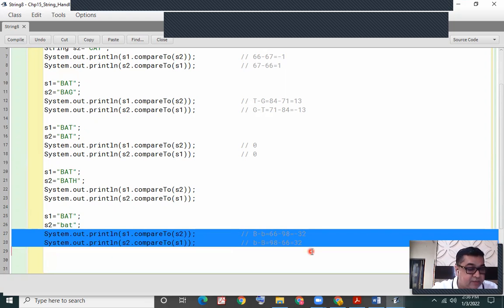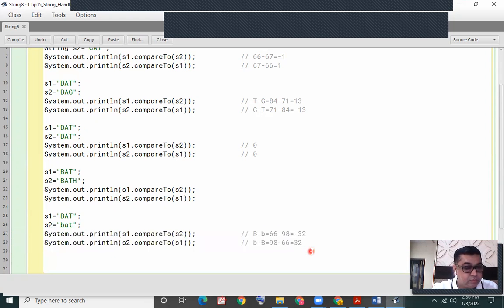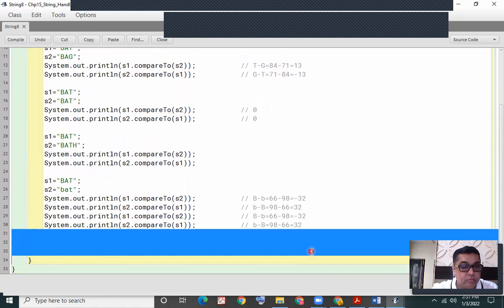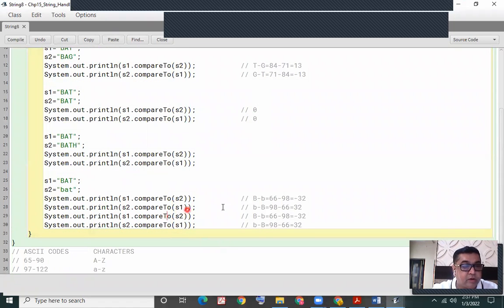So see, in this last example, I'm using the method compareToIgnoreCase, and in this one also compareToIgnoreCase.